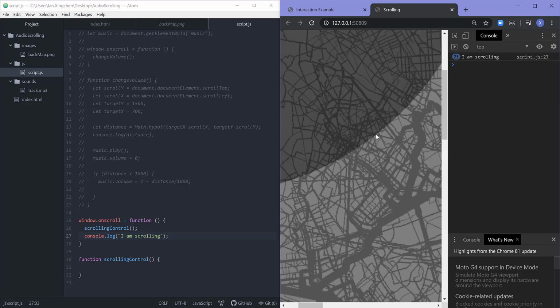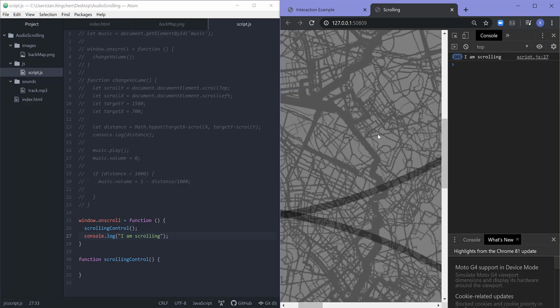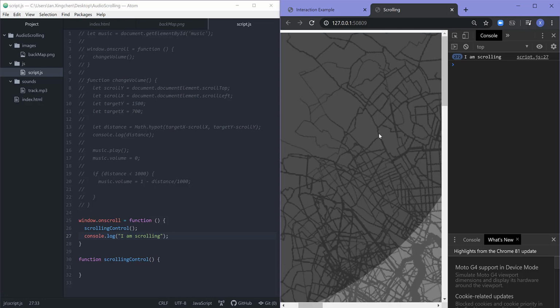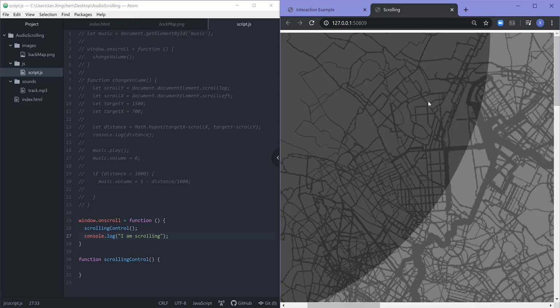Okay, when we scroll, now it shows us I'm scrolling. Cool. So next we need to get the scroll value and use that to control the volume of the music. Let's exit that one, and in the function scrolling control, we use the